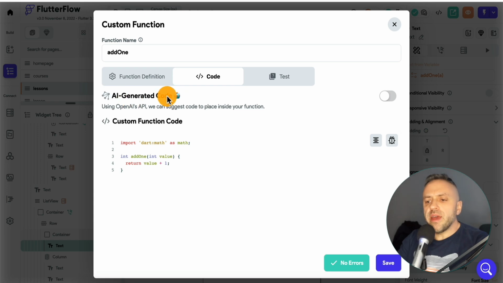Now you can also do AI generated code. So you can turn this on and you can type in English, in pure English, what kind of function you want. And a lot of times it actually works. But to be honest with you, there are going to be situations where it doesn't work as expected. In my experience, it works something like 60 to 70% of the time. But it does get you on the right track. So if you kind of know what you want to do, using that tool is going to help you.